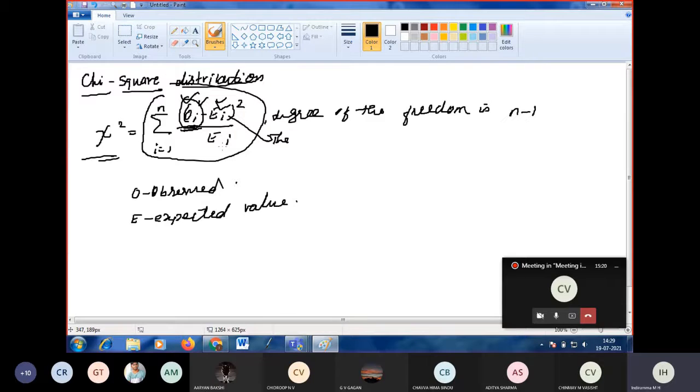Now I am going to solve problems on this. Degree of freedom tells us at what level the difference lies between the observed value and the expected value. By solving the problems you will get to know chi-square clearly. Each and every problem looks like an application of it. One question you can compulsorily expect from this.